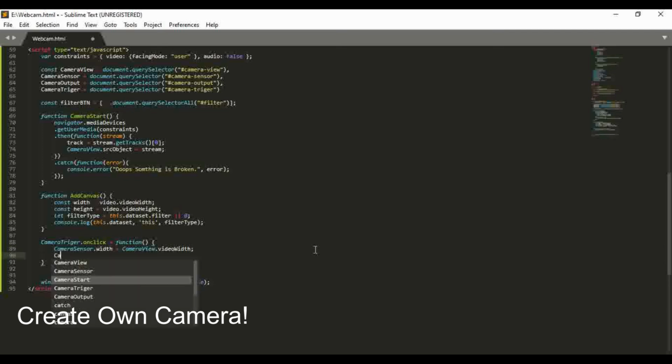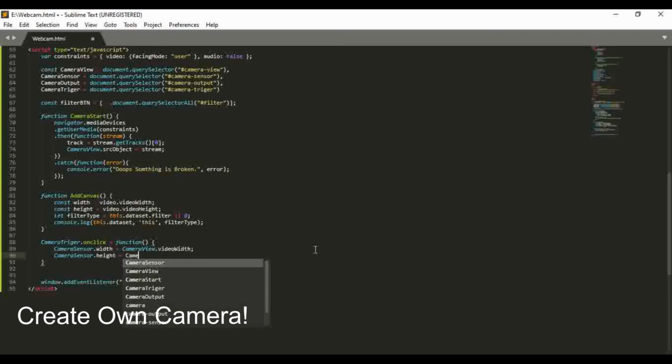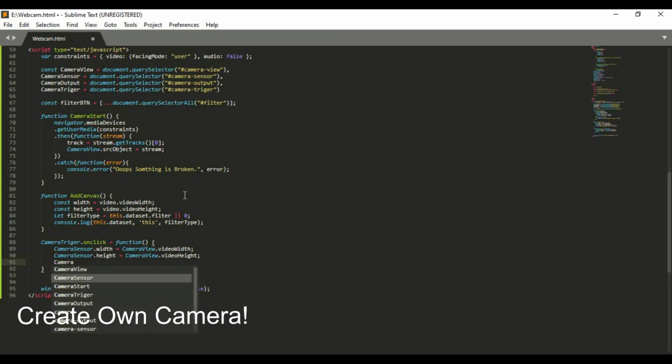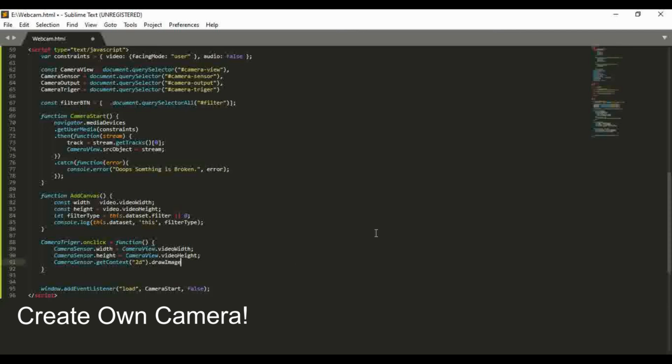Okay, and cameraSensor.height is equal to cameraView.videoHeight, and cameraSensor.getContext 2D.drawImage cameraView 0 and 0,